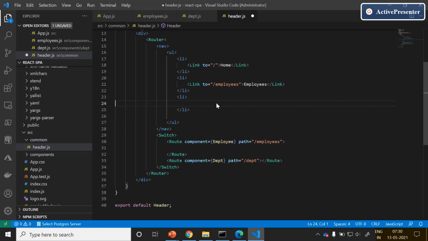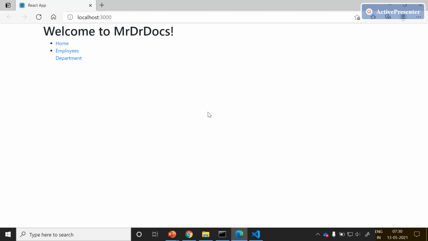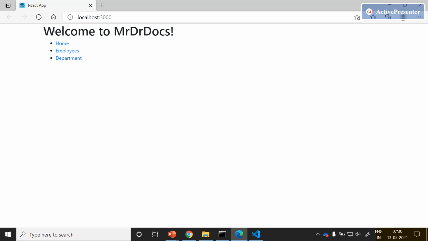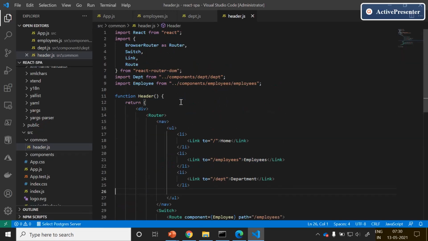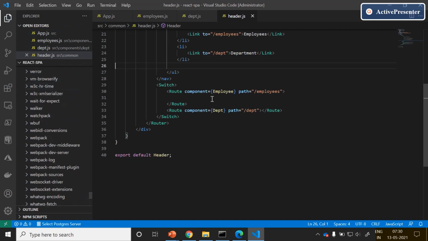Cut this link, paste here. Ctrl+A, Ctrl+KF. This will format the code. Just refresh this and click on employees. Yes, we are able to navigate between employees and department without any issues. These are the few simple statements we need to follow to set up the routing capabilities to our React-SPA project.